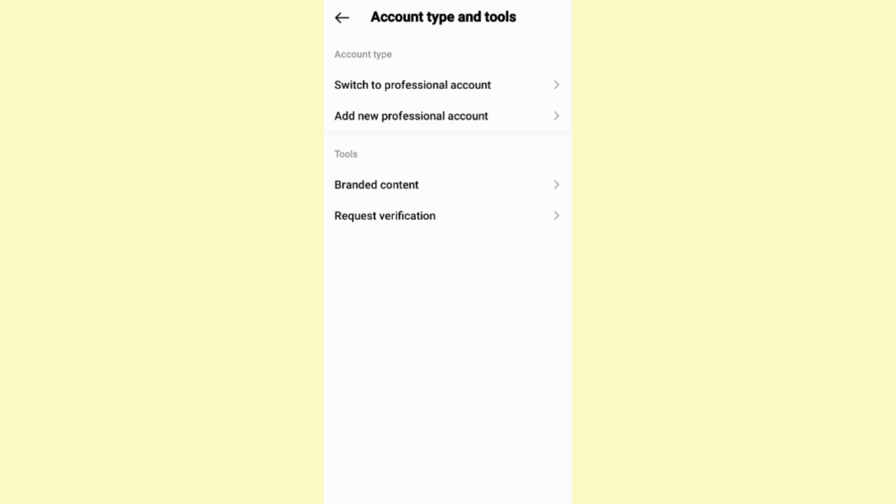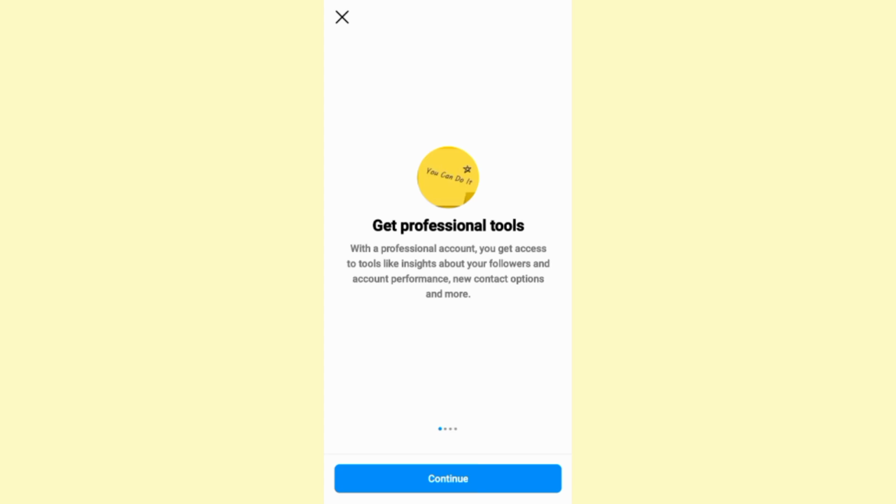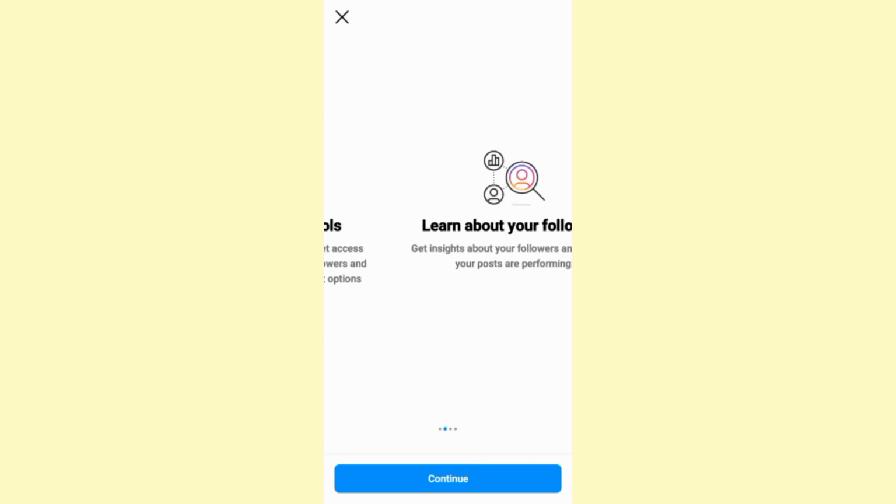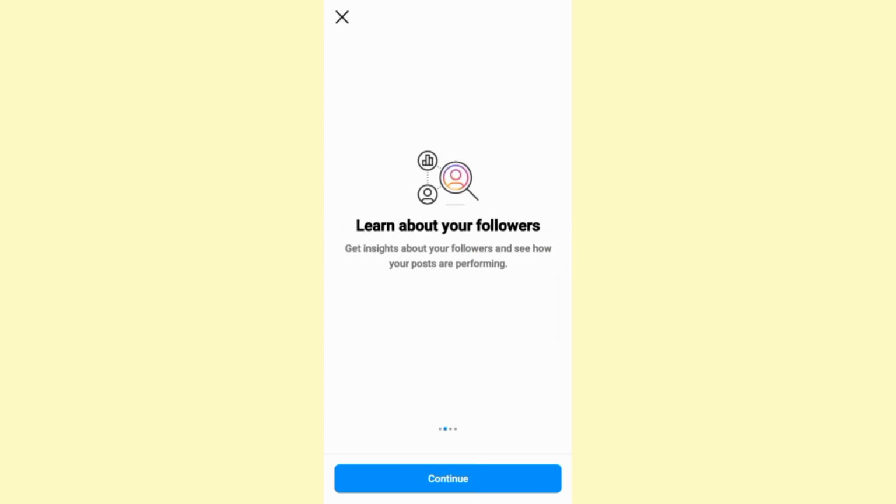Now once you are on this page right here, you will see the first section says account type. Click on the option that says switch to professional account, and here Instagram tells you some information about the professional tools. Click continue at the bottom, and it's just giving you some info about what the professional account will add to your Instagram experience. Click continue, then click continue